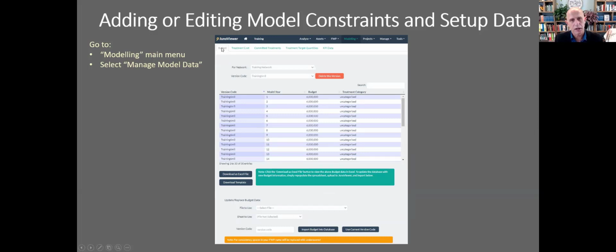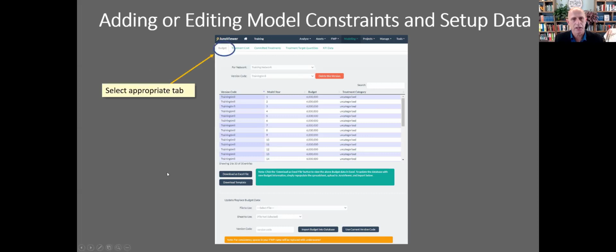And the first thing to note is you've got tabs here at the top. These tabs represent the components that I've introduced earlier, such as your budget, treatment costs, committed treatments, treatment target quantities, and KPI data. So make very sure that when you are in this page, that you select the appropriate tab,